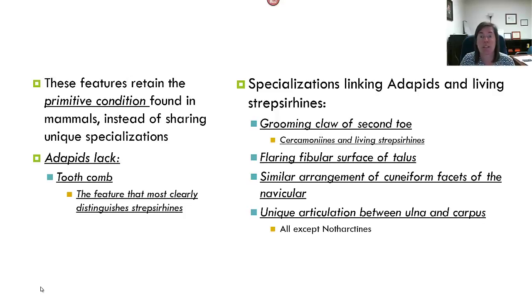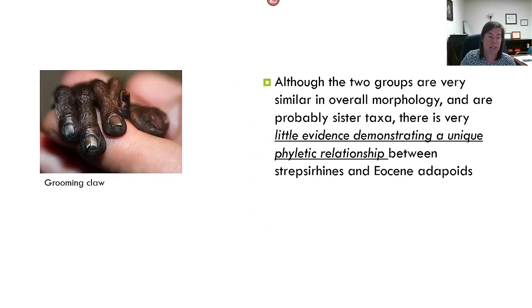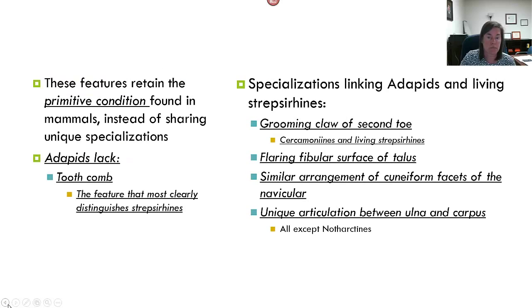For example, Adapids also have a grooming claw on the second toe of the foot. This has been known from cheirogaleines and other living Strepsirhines. They have a flaring fibular surface of the talus, a similar arrangement of the cuneiform facets of the navicular. These are features of the feet, and a unique articulation between the ulna and the carpus, except in North Americans. So we have some anatomical similarities between